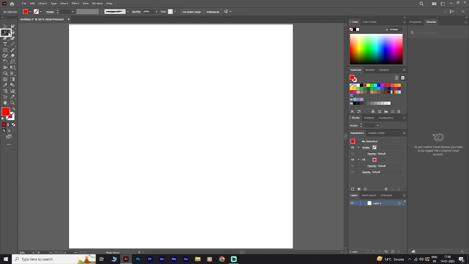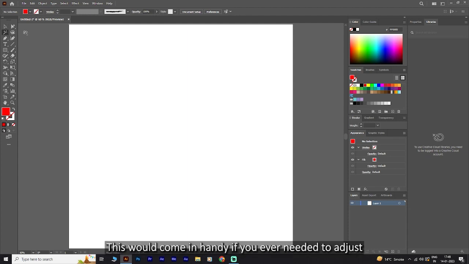Magic Wand tool. This tool allows you to click on a single object in order to automatically select everything in your workspace with that same fill color. This would come in handy if you ever needed to adjust the same color on a bajillion different shapes. By using the Magic Wand tool, you only have to click once to do so, instead of clicking on every